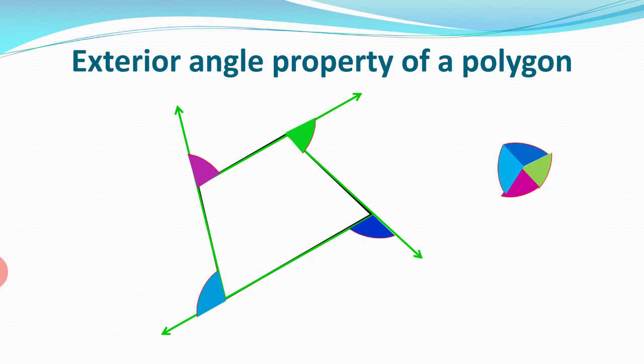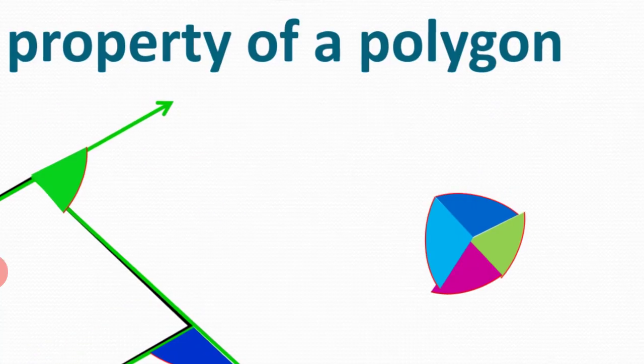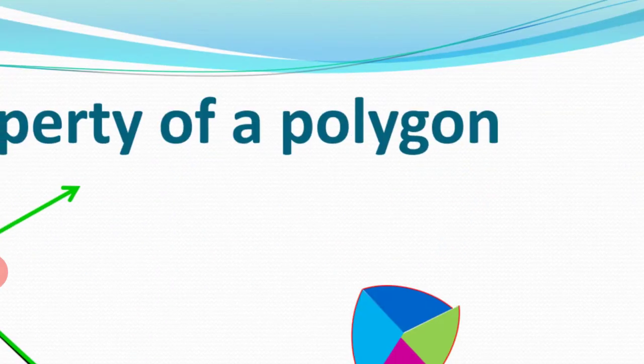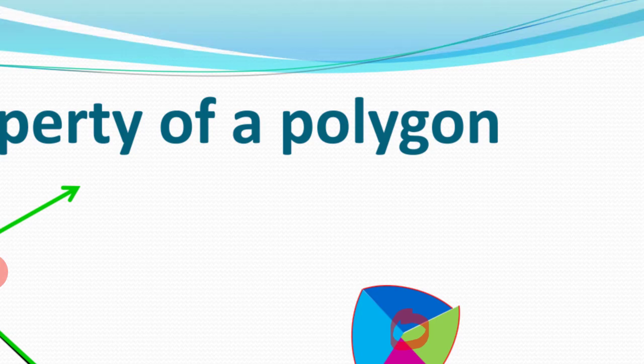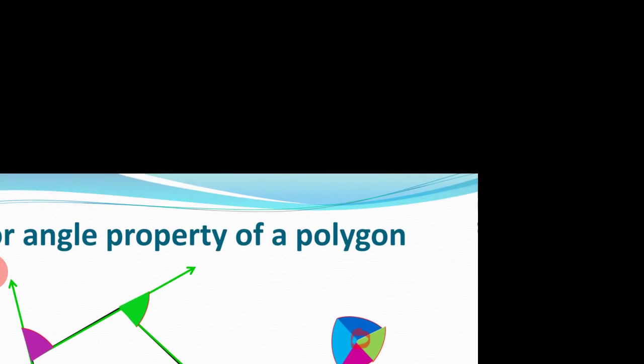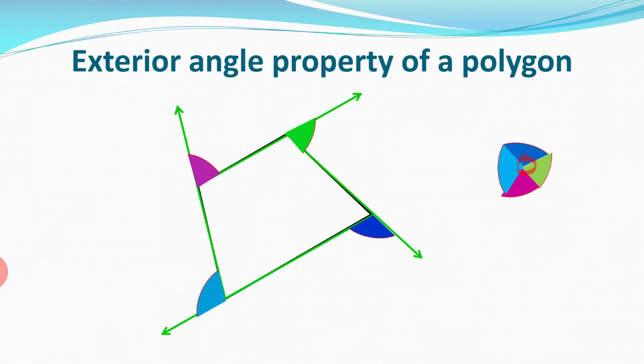Now what do you observe here in the figure? Is it a complete angle? Are they forming a complete angle? Just see all the vertices, they are forming a complete angle. And if they are forming a complete angle, what is the conclusion? We can conclude that the sum of all exterior angles is 360 degrees. We have experienced this in the previous exercise also. Even for a triangle, you were getting the sum of exterior angles equal to 360 degrees.